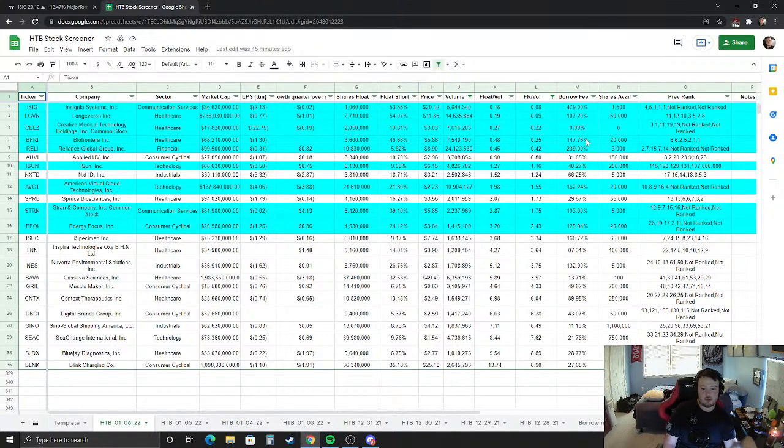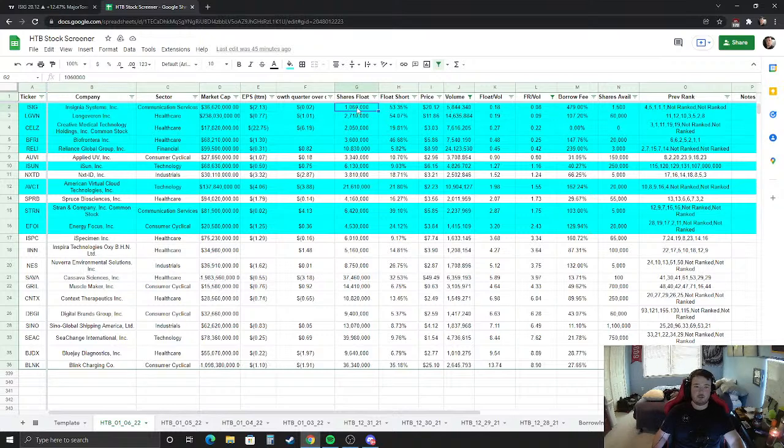The way it works is it takes a certain set of parameters, like low float stocks with high short interest, and it finds them on Finviz. Once it finds them, we sync it with the hard to borrow list that's made public, and then we order them by the float remaining divided by the total volume traded the last trading day. So as you can see, we can find some stocks that are basically being naked shorted, for lack of a better term.